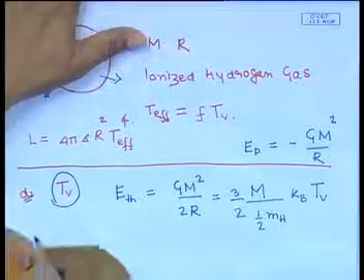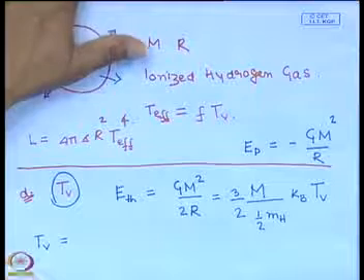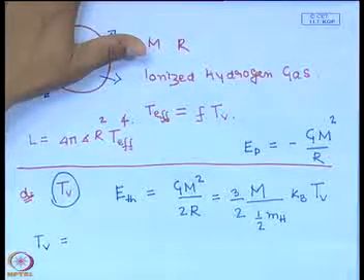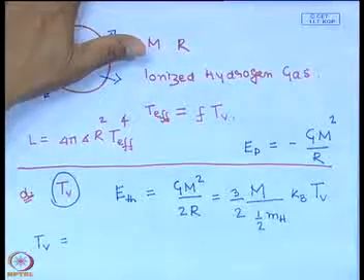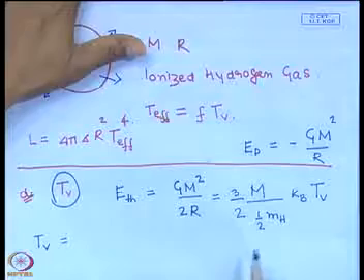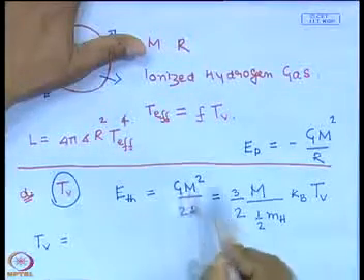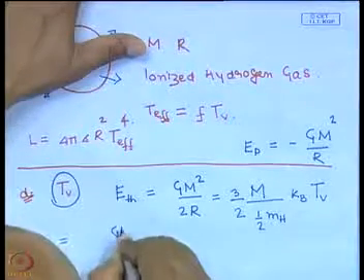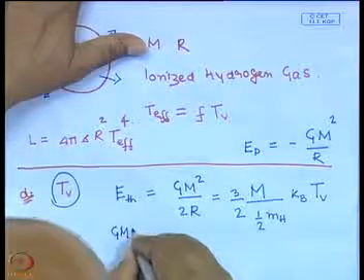So, let us see how much it is equal to. One factor of M cancels out, it is equal to G M into the mass of the hydrogen atom